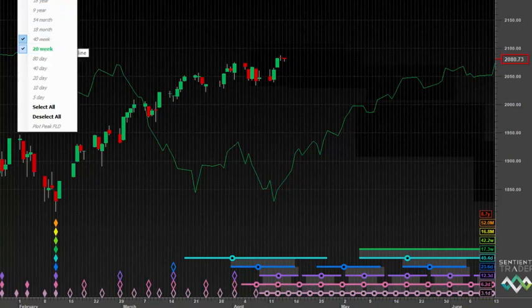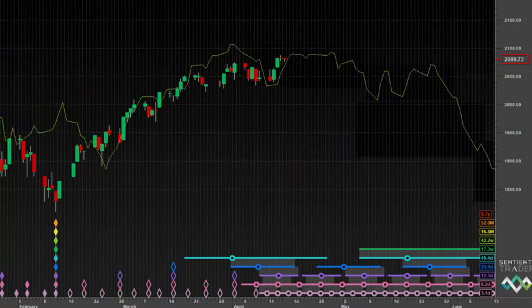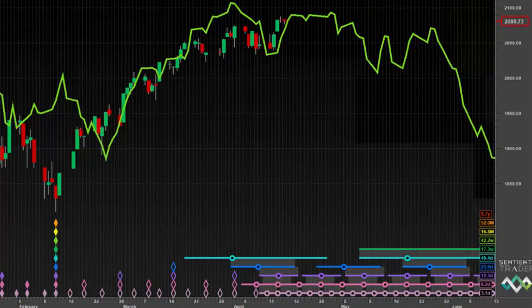I start looking at other FLDs on the chart. And this is the 40-week cycle FLD. Now, isn't that a really interesting FLD? And if you've been watching it recently, you would have been amazed by how price has been tracking along this 40-week FLD. So here it crossed above the FLD,